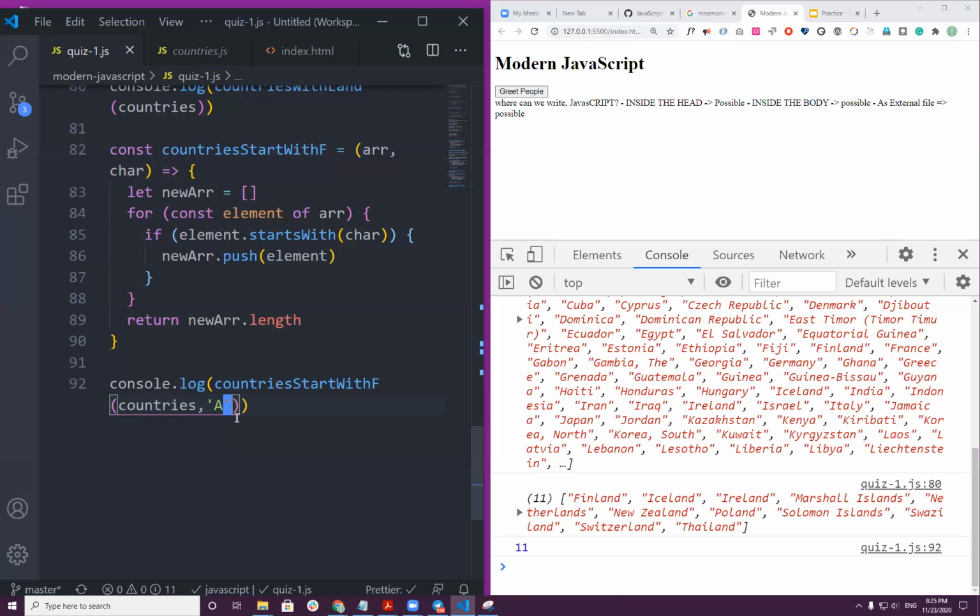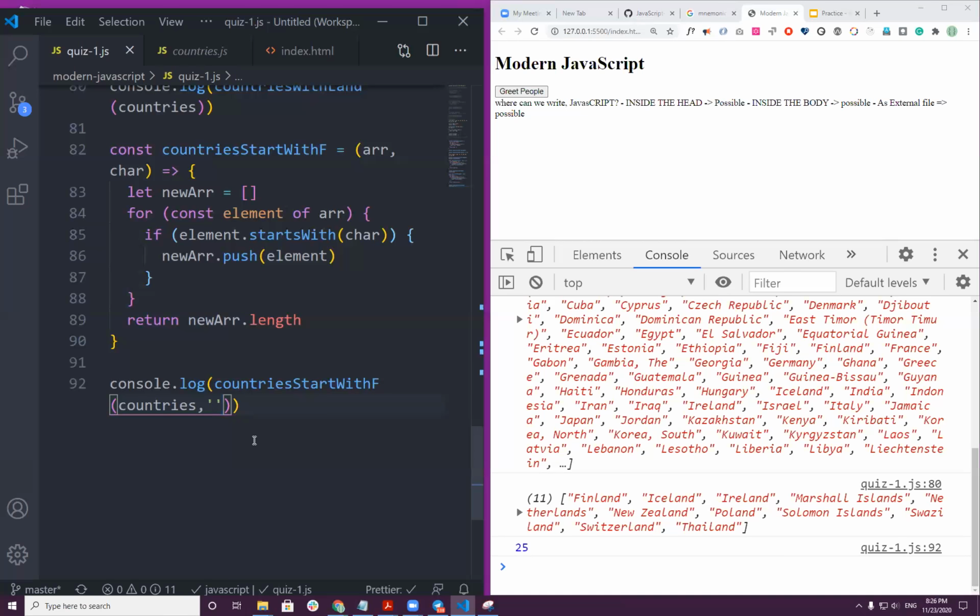So which letter can give you more countries? Wow, Julia, how do you know that? Yes, Julia is right. Have you seen? 25 countries. Maybe you already made the function. I believe that's not a guess, I know.